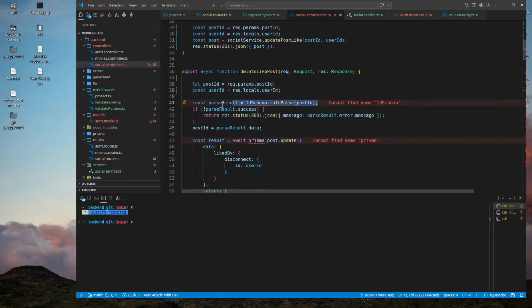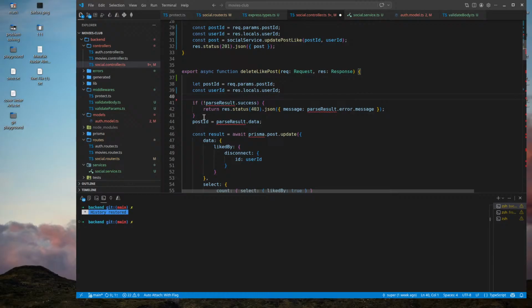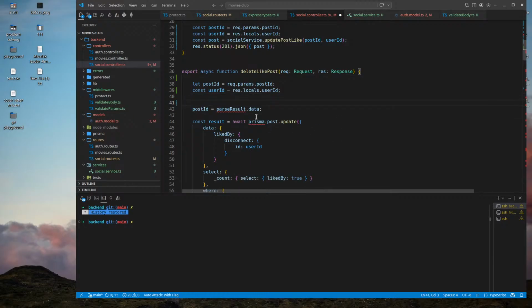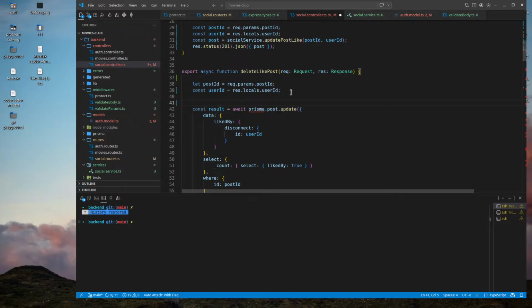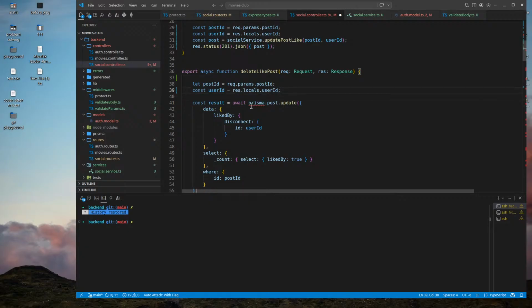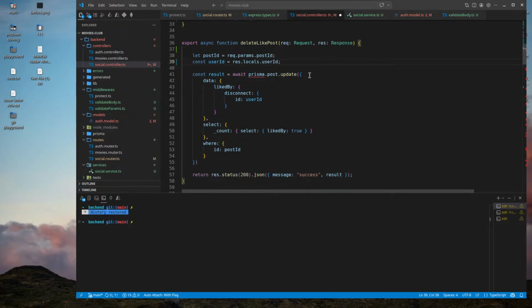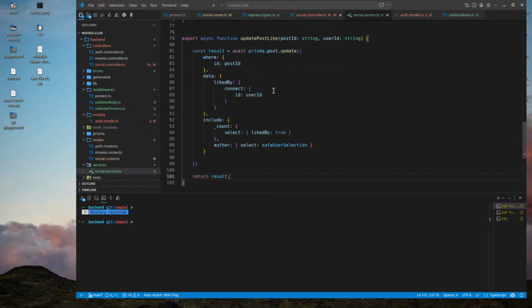And we don't need this because we already did it in the middleware. And this is my service. And I'm gonna take it. Delete post.